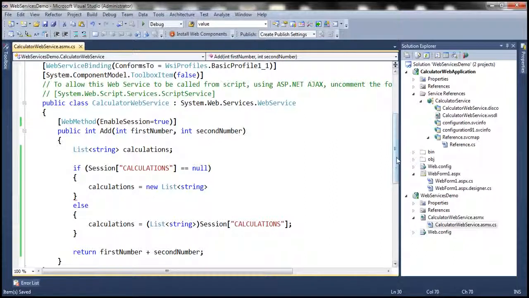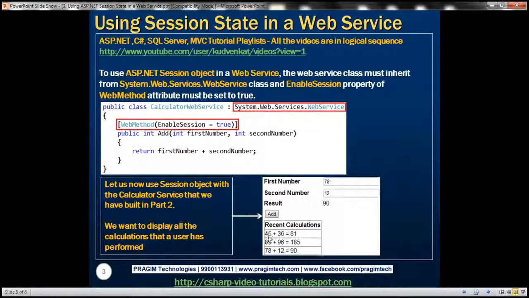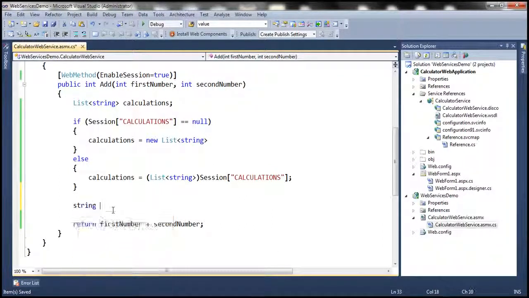Alright. Now, how do we want to display a recent calculation? We want the first number, space, and then a plus symbol, and then space, and then the second number equal to, and then the sum of those two numbers. This is how we want the output to be for every calculation that the user has performed. And in order to achieve that, let's use a string variable here, and let's call it string str recent calculation,